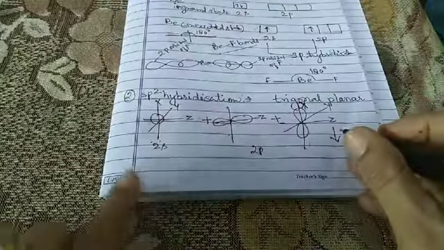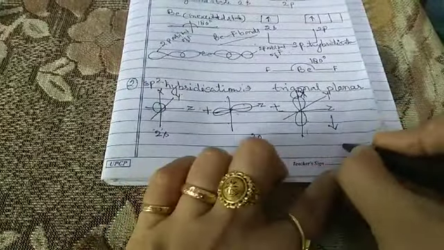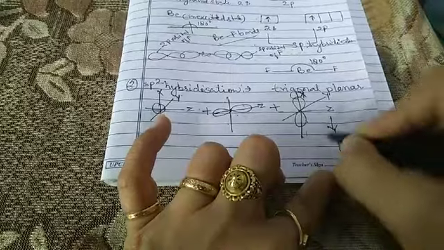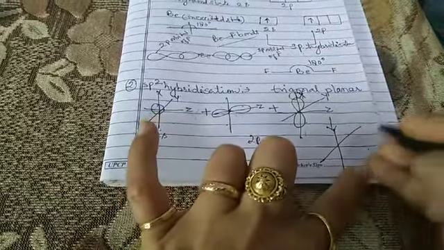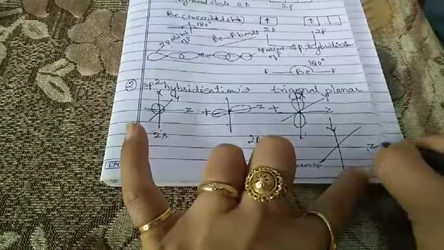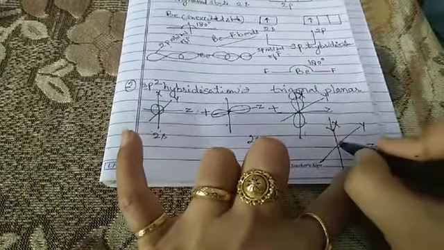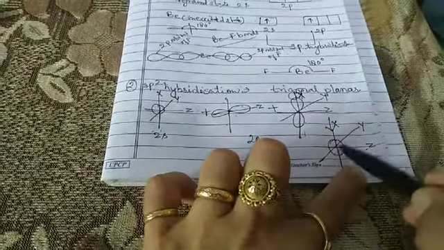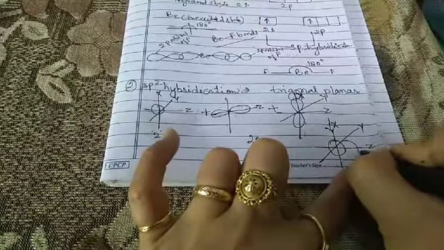we get this type of hybridization. So we can represent it as follows. First of all, draw the axes. These are the three axes: this one is the z axis, this one is the y axis, and this one is the x axis. First of all, draw the s. This is the shape of the s. Then draw the z.